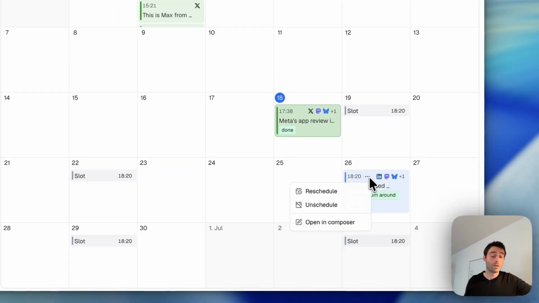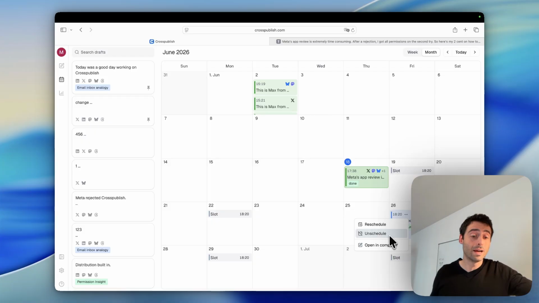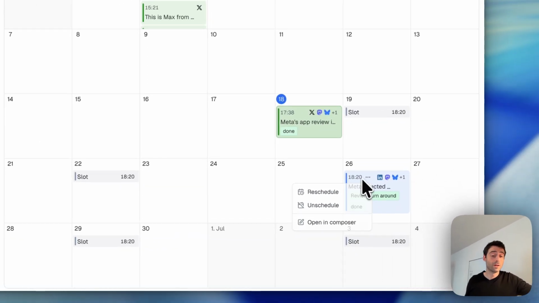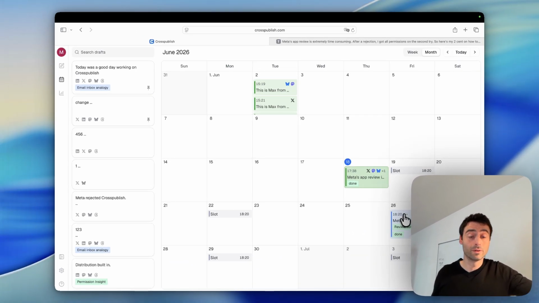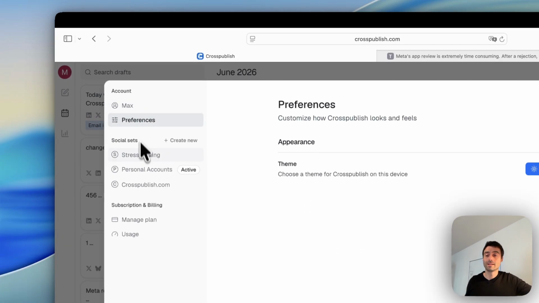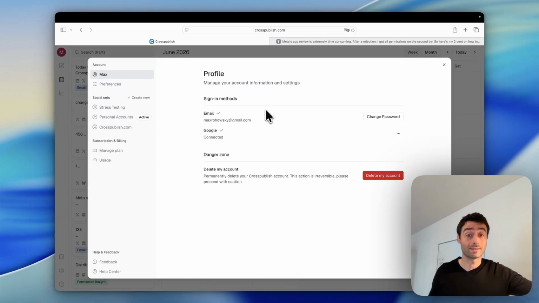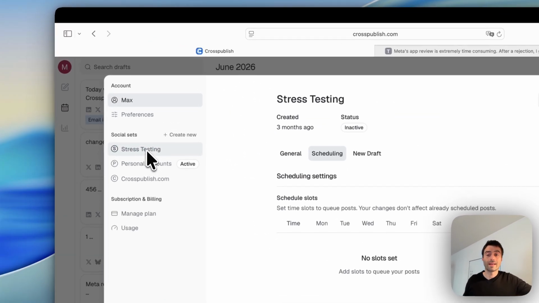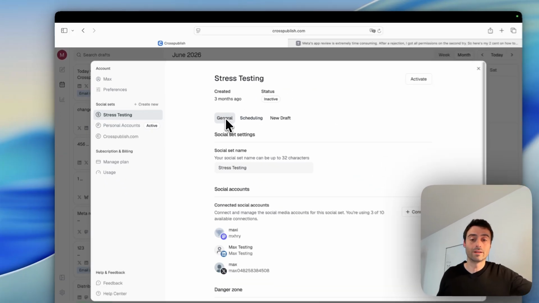I can open a post in the Composer view, I can unschedule it and reschedule it over the menu over here too. And I can always see which social media networks I'm posting to. So in the settings menu, you can manage all your preferences, you can manage how you access your account, you can go ahead and manage your individual